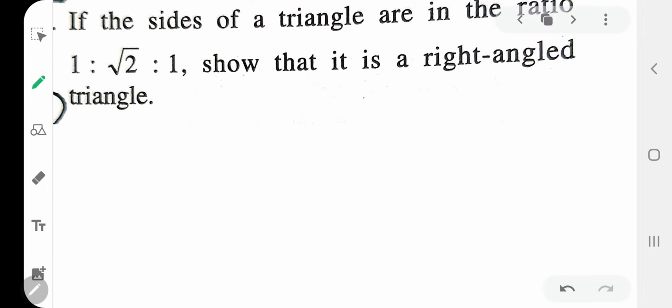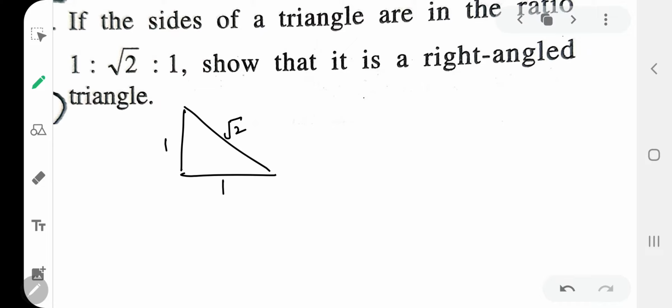Your next problem is, if the sides of a triangle are in ratio 1 is to root 2 is to 1. See, 3 sides are there. Now if I give this as root 2, this as 1, this as 1, show it is a right angle triangle. You know that Pythagoras theorem can be applied only in a right angle triangle. So if I prove in this triangle that Pythagoras theorem holds, you can say that it is a